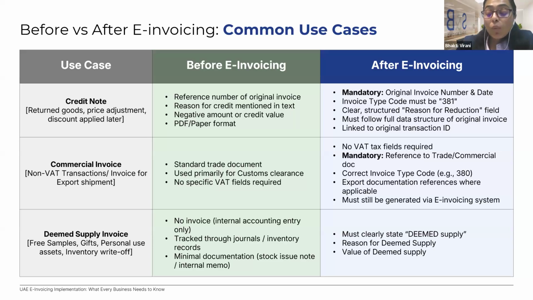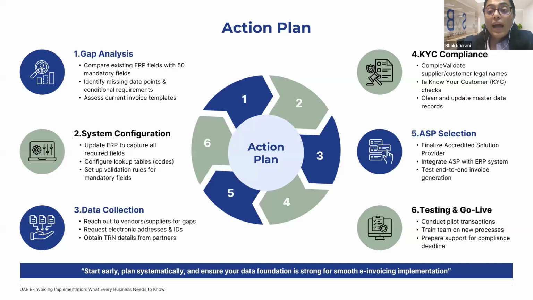So this is basically the data fields and use cases of e-invoicing, and this is what has to be done now, because for one to be ready on 1st Jan 2027, the first step to be undertaken today is mapping of these data fields. So what would be the process, the action plan today? First, you compare your existing data fields to the 50 mandatory data fields, and also identify the use case scenarios you fall into, so you know what additional conditional mandatory fields will apply.